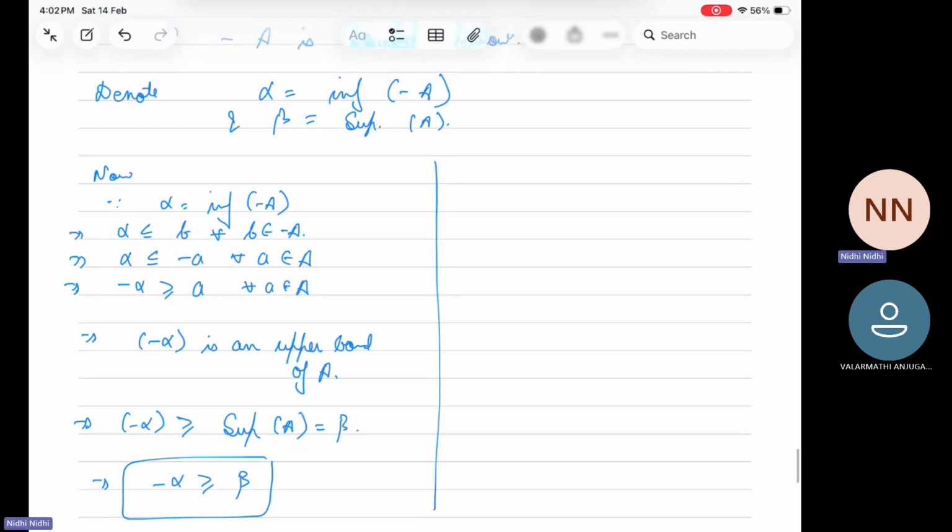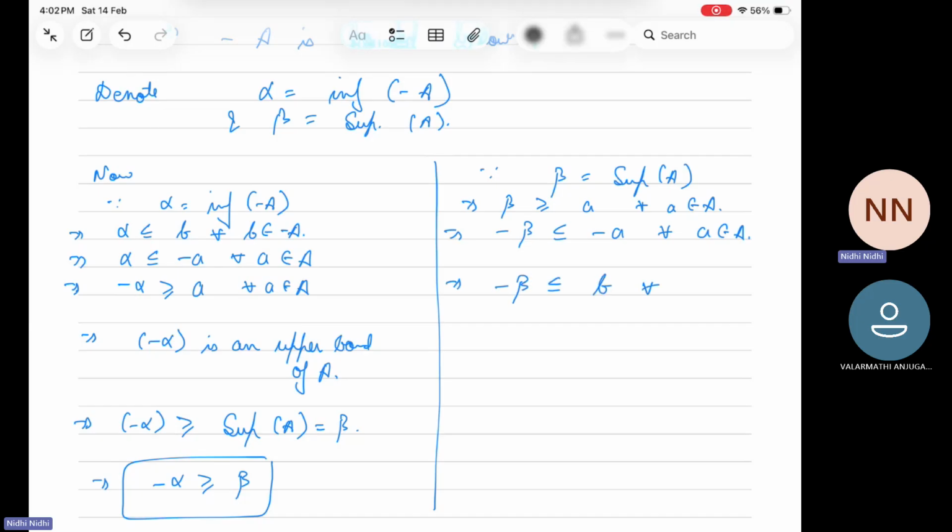Similarly, since beta is equal to the supremum of the set A, that means beta is greater than or equal to a for every a in A, which implies minus beta is less than or equal to minus a for every a in A. Now the terms of the type minus a are actually the elements of minus A. This implies minus beta is less than or equal to B for every B equals minus a belonging to the set minus A. Now, since minus beta is less than or equal to every element in minus A, this implies minus beta is a lower bound